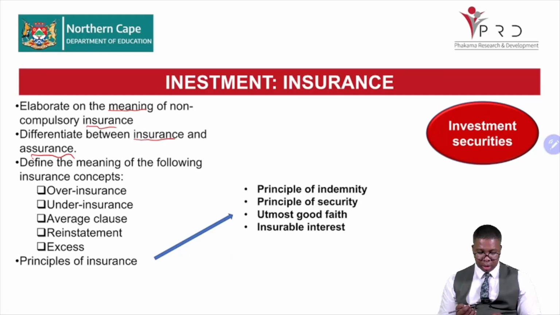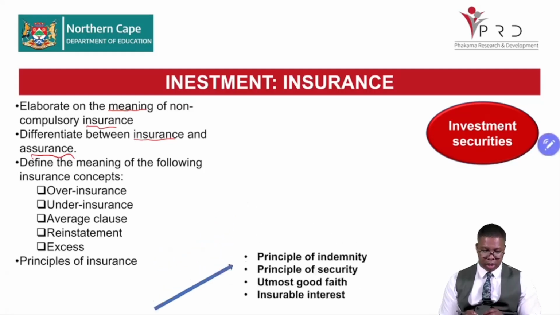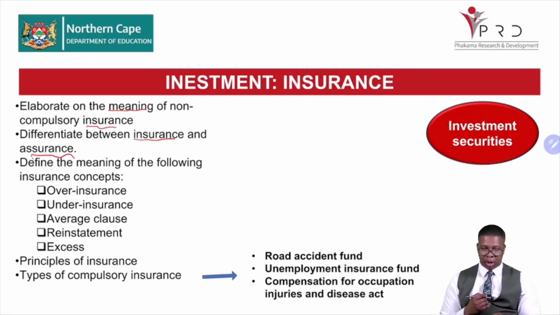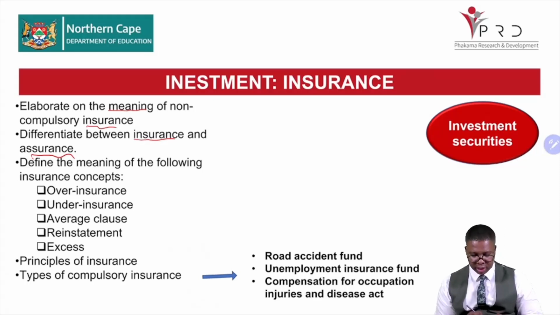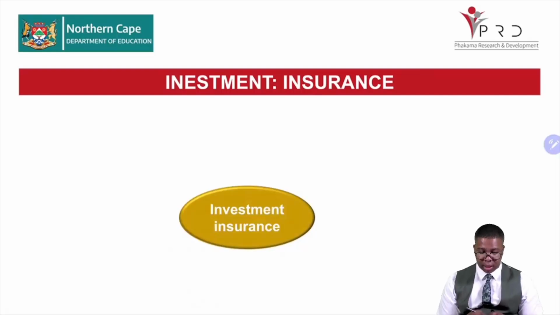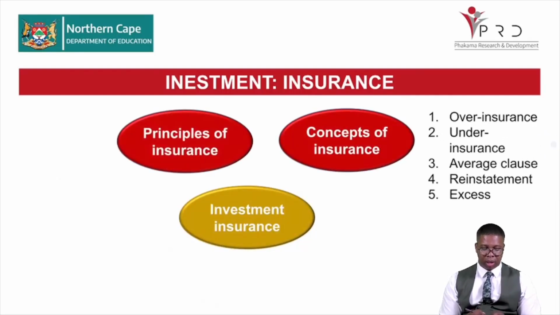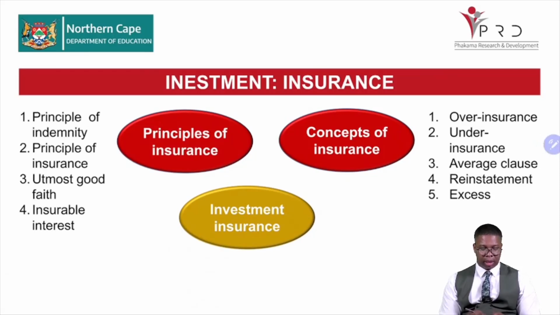So these are your principles of insurance. This is your principle of indemnity, principle of security, utmost good faith, and insurable interest. Then you also have types of compulsory insurance. This will include now road accident fund, unemployment insurance fund, and the compensation for occupational injuries and disease act. Then let us look into the critical parts here when we look into the insurance and the insurance investment security,